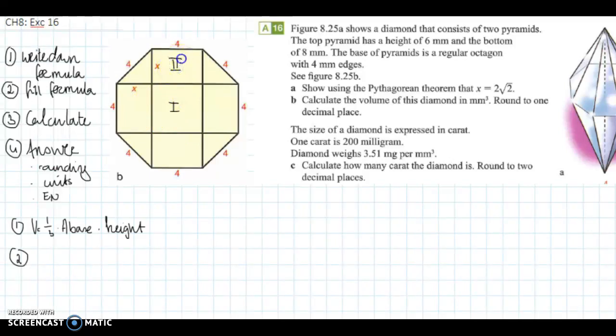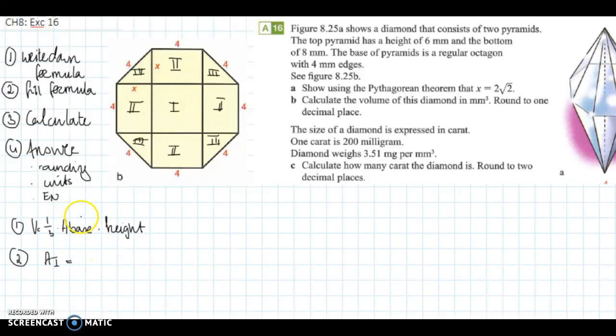I'm going to call this number 2, and this is a 2 as well. They're all equal in size. And then we have the triangles, and those are 3, this one as well. If we calculate the area of shape 1, shape 2 and shape 3, we can calculate the area of the whole base. So first area 1,